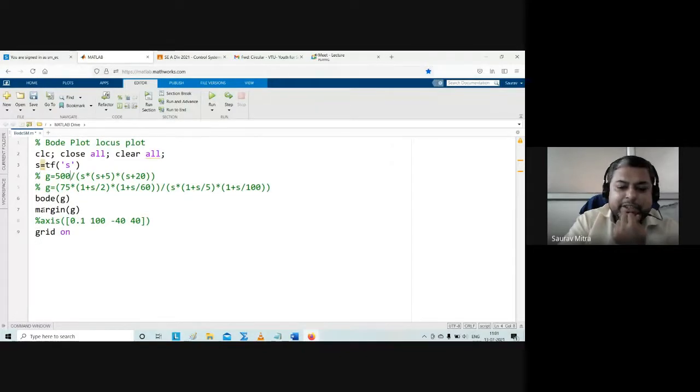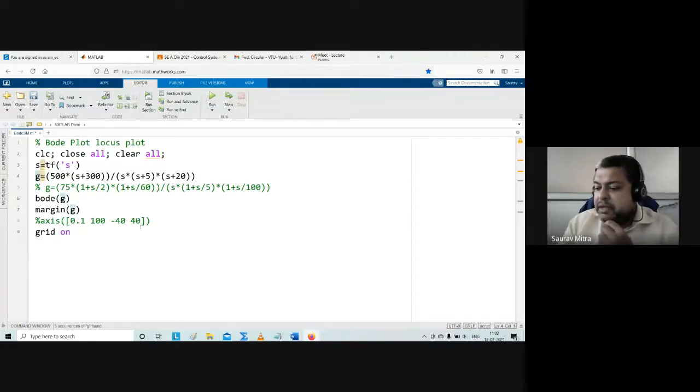Okay, next case, I will just add another 0 to the system, and we know that adding or inserting a 0 makes the system stable. Inserting a 0 makes the system stable, inserting a pole makes the system unstable. So I am inserting a 0 to the system at 300 like this. So this is my new system. Just tell me what are going to be the cases.